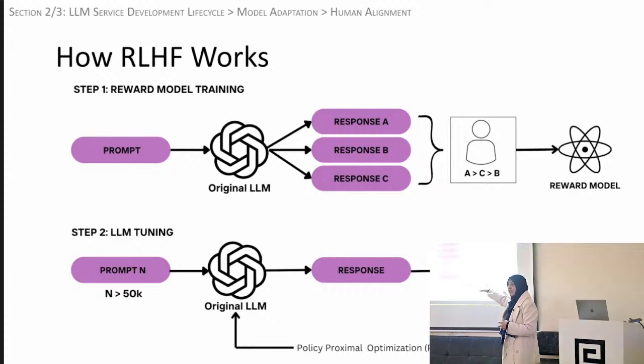Ideally a score that closely matches a score that a human would give. So higher score means that this was a good response. A lower score means this was a bad response or a response that a human would not prefer, right? And based on this score, you train the original LLM, right? You adjust its weights so that in future it's more likely to produce preferred responses and less likely to produce responses that are not preferred.